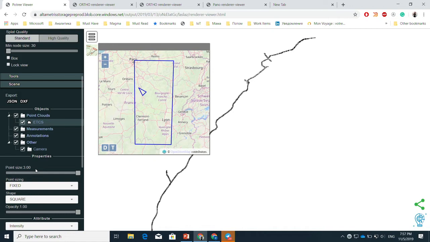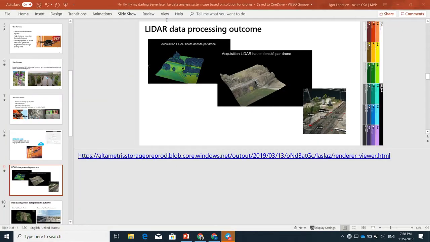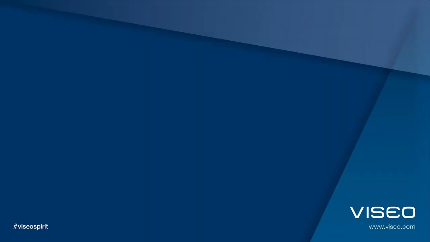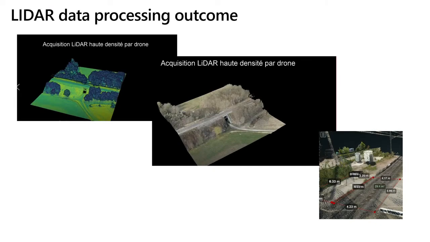And by the way, you can see here that this visualization is uploaded directly to the blob storage. Actually, what is happening? The drone arrives, we start the processes, and these processes generate these files and upload them to the blob storage, where we can afterwards store them. Okay, but this relates only to the LIDAR points.